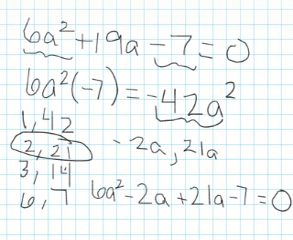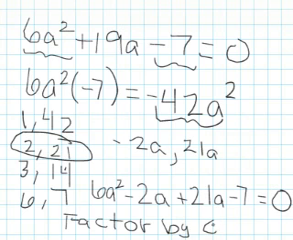You now have 4 terms equal to 0. Now when you have 4 terms, you have to factor by grouping. Okay? To factor by grouping,